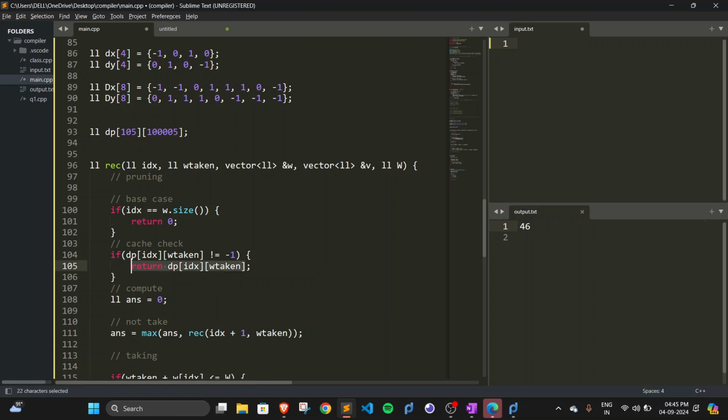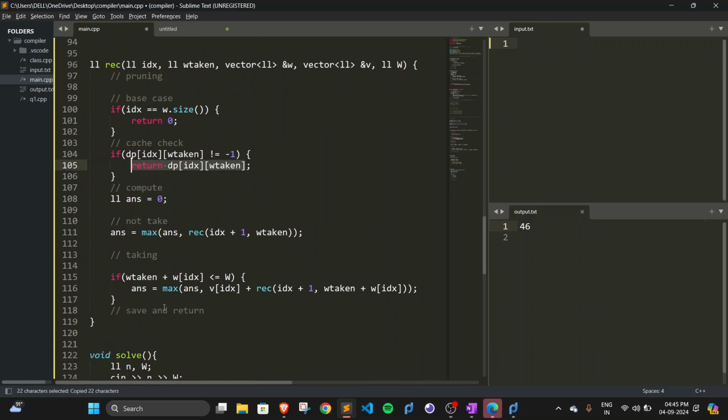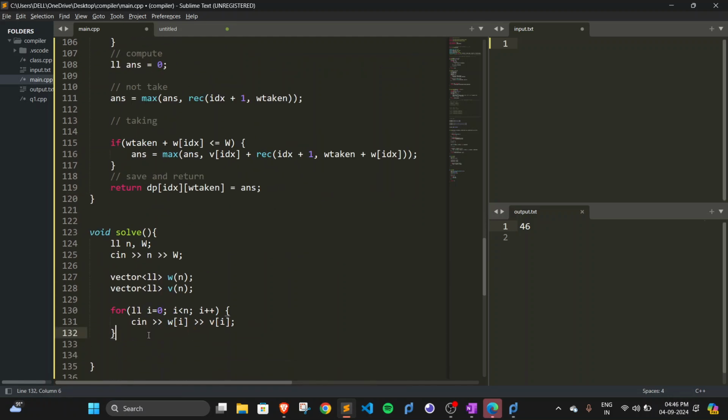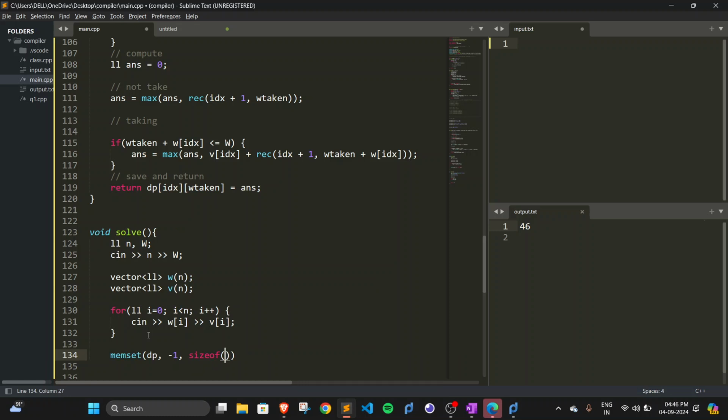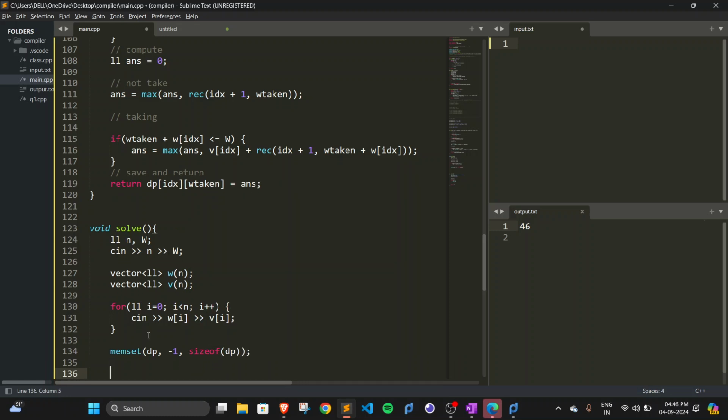Otherwise I need to update the DP state with this answer value and then return. Okay, so before using the DP state, let's quickly set the DP values as -1 using memset. Yeah, memset. We cout recursion of 0,